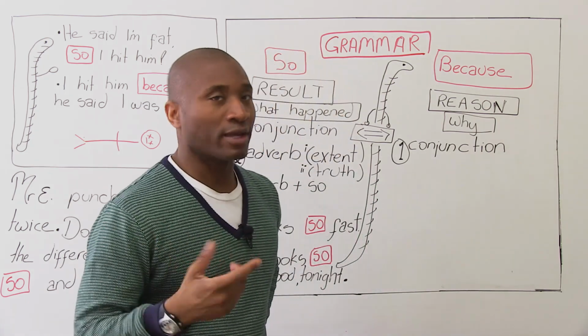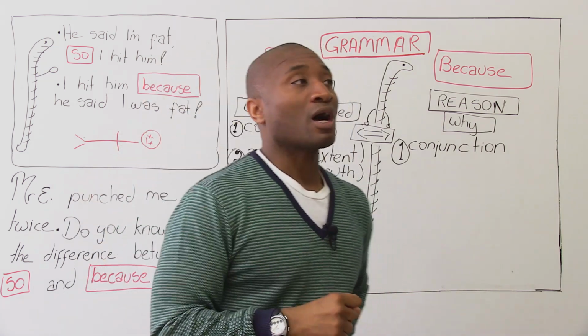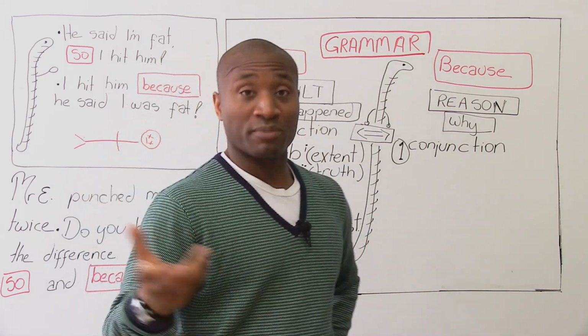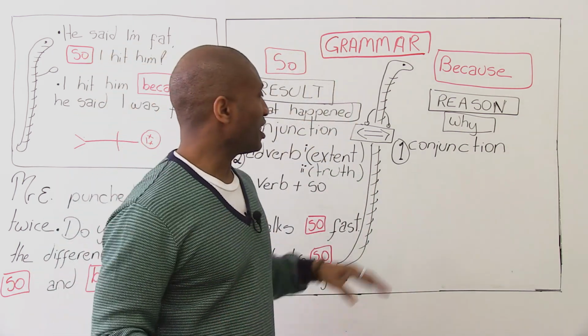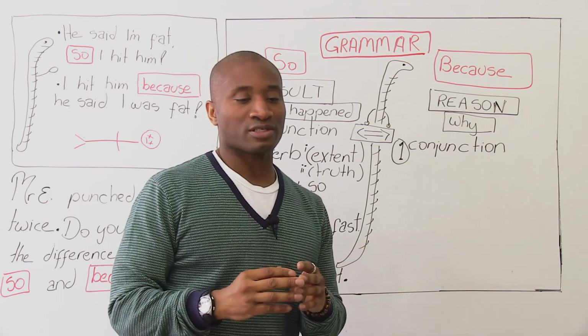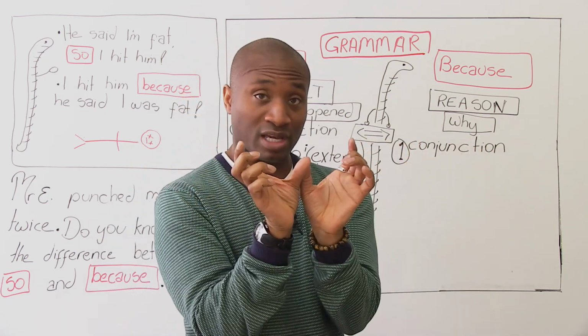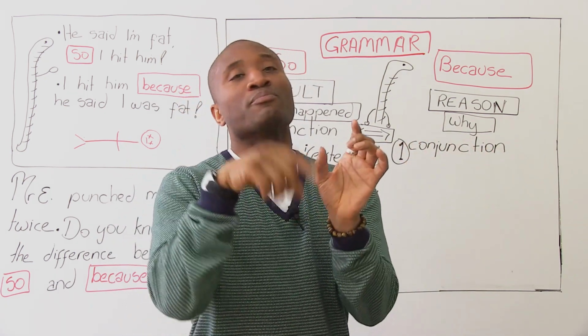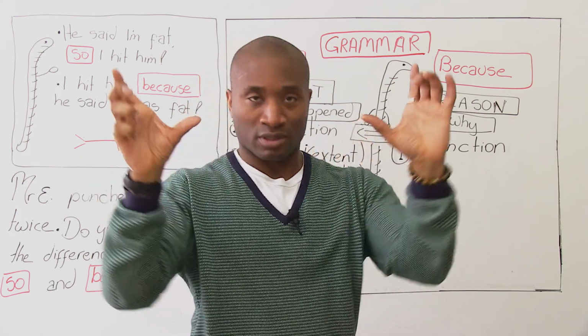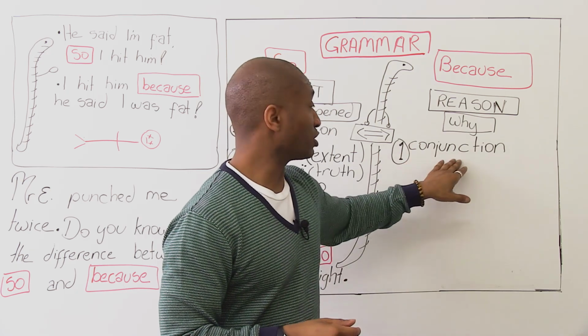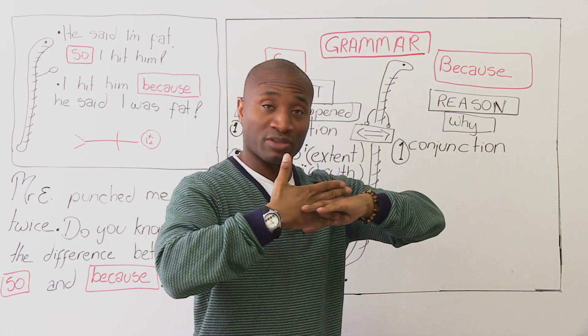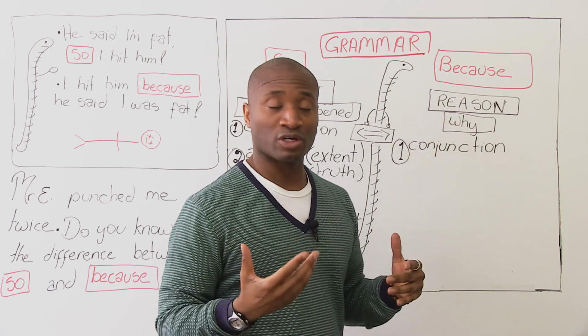I am late. Why? Because the train was late. I am happy. Why? Because I won $1 million. I am happy. You got it. All right. It's a conjunction. So what it does is it takes two statements and puts them together. I did it because it was the right thing. It brings two statements together. Conjunction. Con means with, and junction like a joint, joined with each other, right? So it's a basic conjunction.